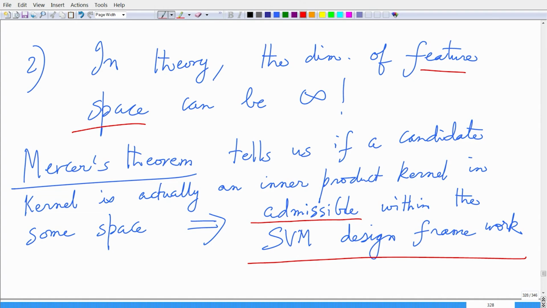And the kernel has to satisfy certain properties, and the properties that the kernel has to satisfy should obey the conditions in Mercer's theorem, and that is a very important link. Having seen the links between the input vector, the feature vector, the inner product kernel, and the conditions this kernel has to satisfy according to Mercer's theorem,